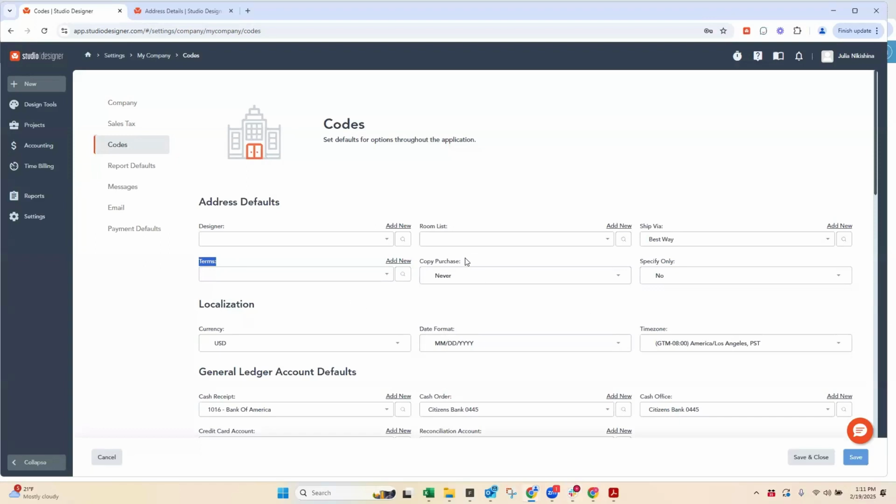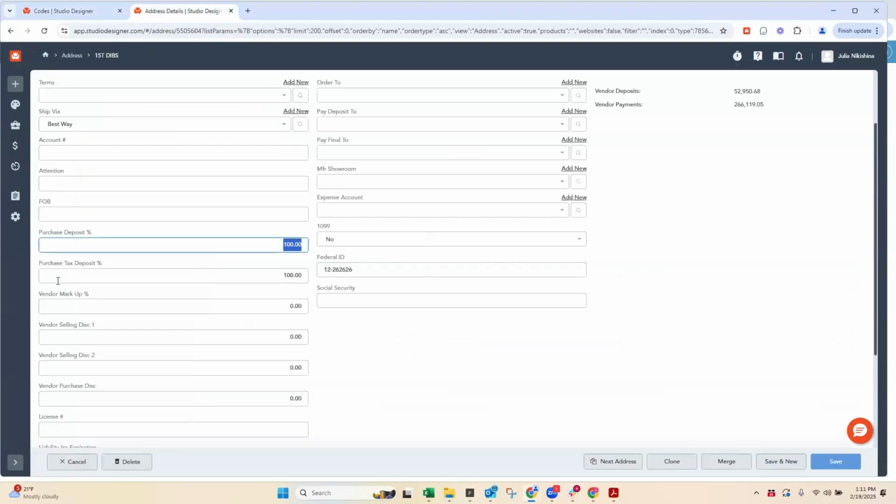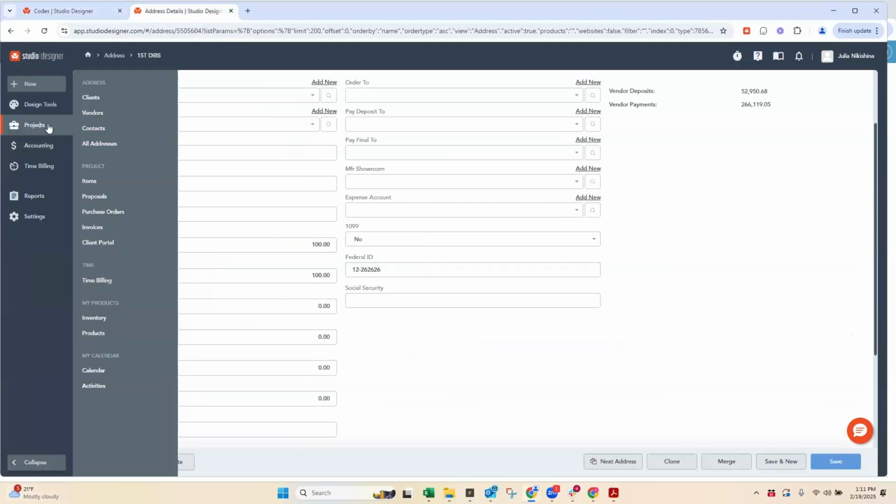Copy purchase is next. So copy purchase is, I would say, a super old field. It's really great. I think it's indicative of what it means. And so we get this question a lot. Well, what does copy purchase mean and what should I set it to? So my recommendation on copy purchase is to always set it to always. And what does copy purchase mean? So copy purchase literally means if you have it toggled on any item,